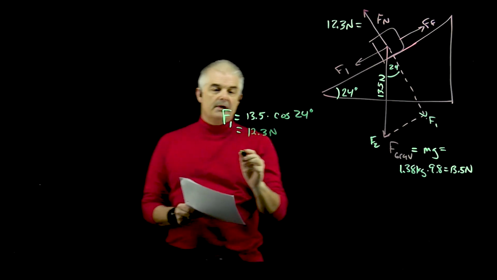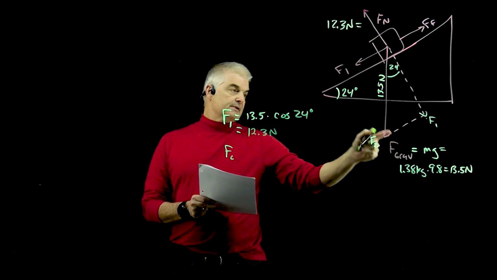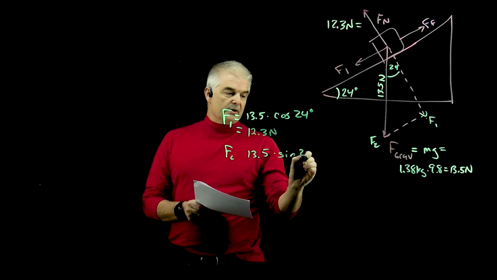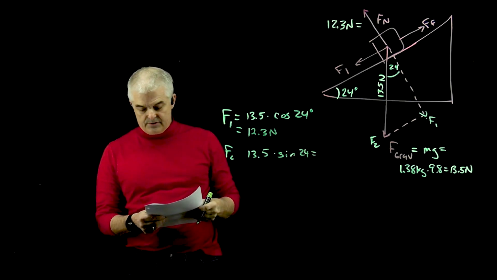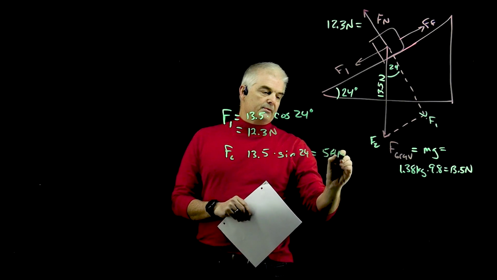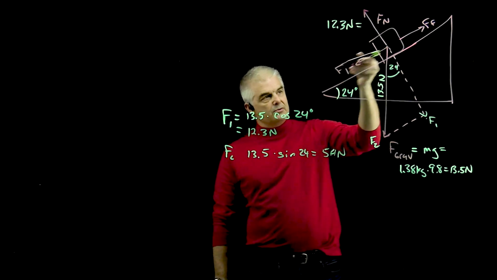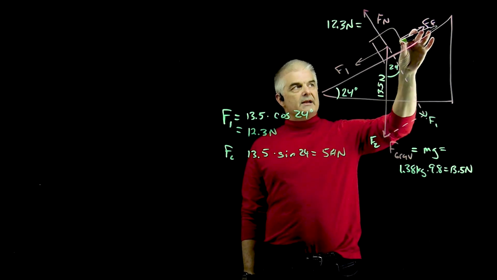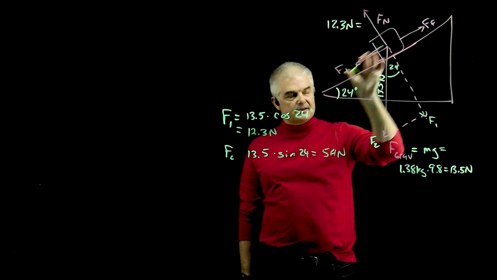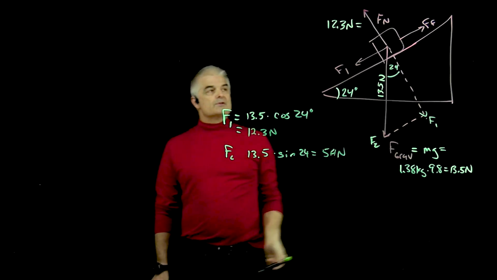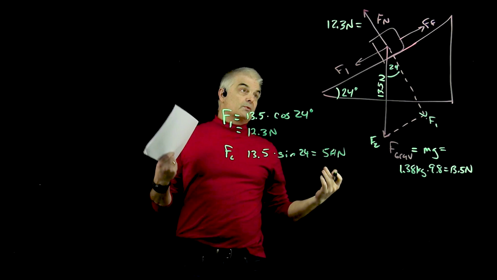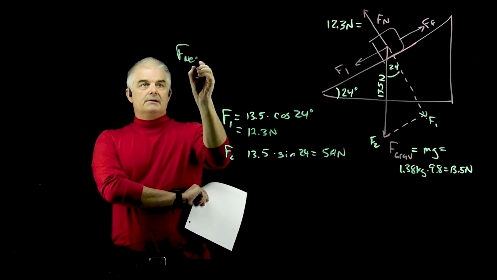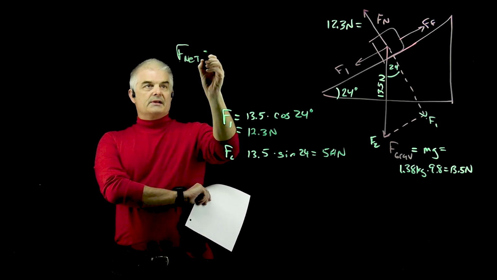All right, let's do F2. F2 is just the same idea. It's 13.5 times the sine of 24 degrees, and that comes out to 5.4 newtons. Okay, so 5.4 newtons is pushing the block of wood down, and what we need to do is calculate the frictional force, which will be less than the normal force, or the F1 force, and we can find the net force, because the question we're trying to find is what's the net force, and then eventually what's the acceleration. So, right, because the net force on the object, on the ramp, is equal to F1